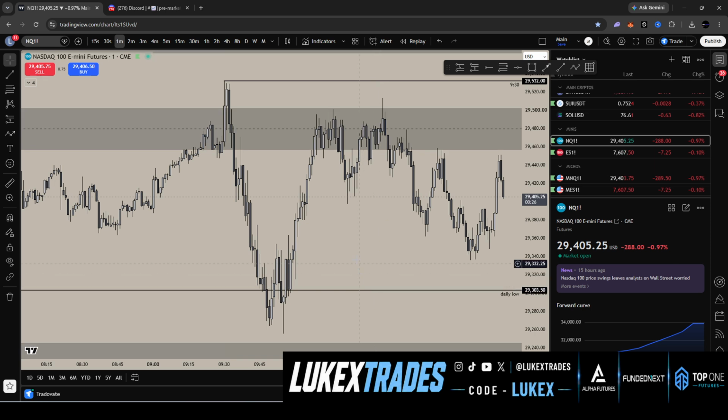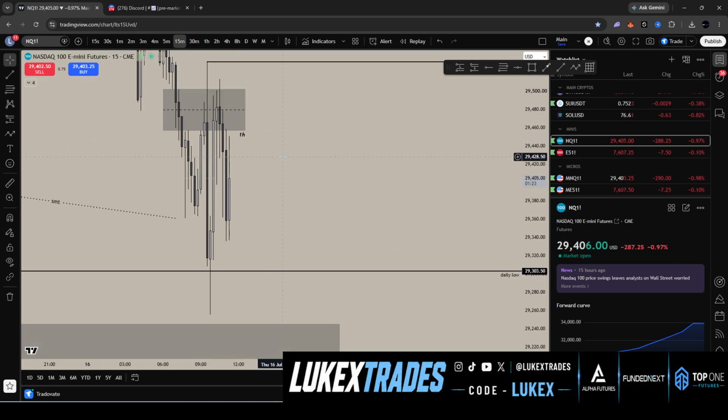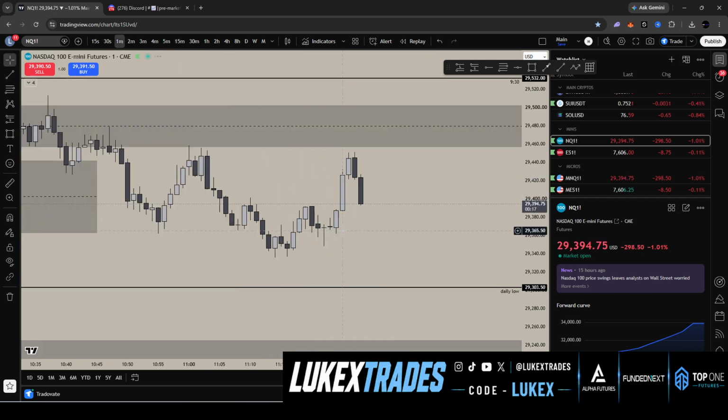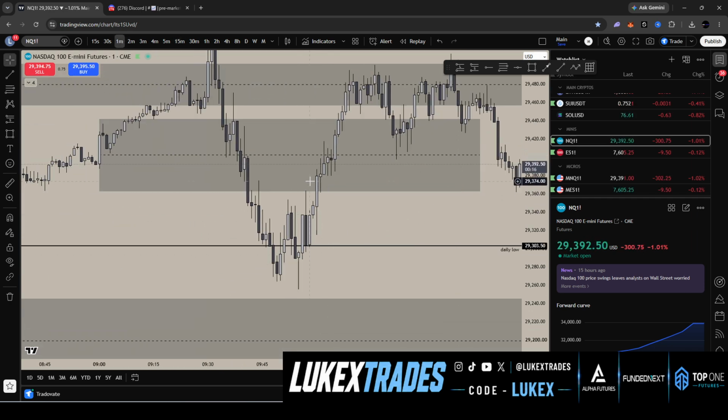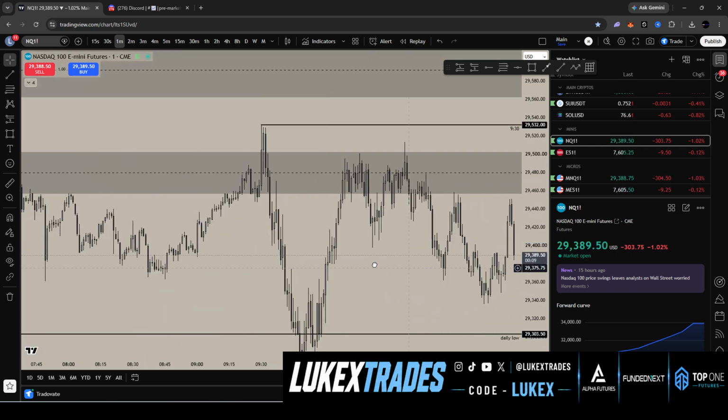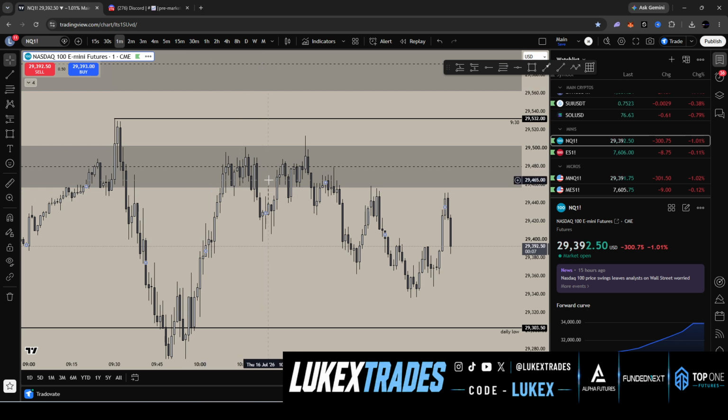At this point, we end up opening up a 15-minute bearish gap at 10 a.m. right here. Let me mark it out. So I was like, okay, maybe 10 a.m. manipulates higher. We tap into this 15-minute. We look for shorts into this unfilled 30, but obviously we don't end up getting that. From there, we end up trading back higher, back into that 1 hour.